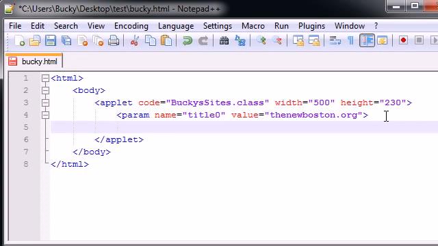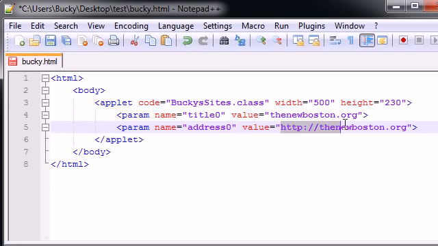Alright, now for, should I do the other title or the address? I'll just do the address. Actually, I'm very lazy, so let me just go ahead and copy this. Now the name for the second parameter is address0, and the value for this is, there you go, the full URL, which you would type into your browser to take you to thenewboston.org. Simple enough. So now let me just go ahead and copy these two,